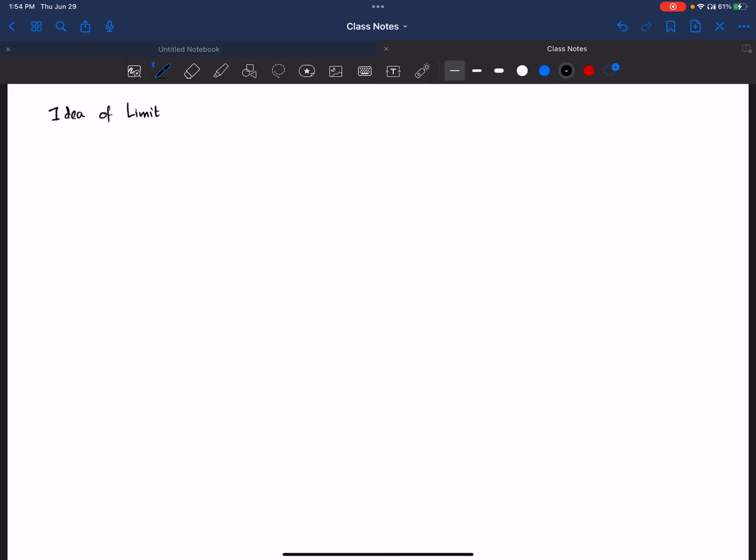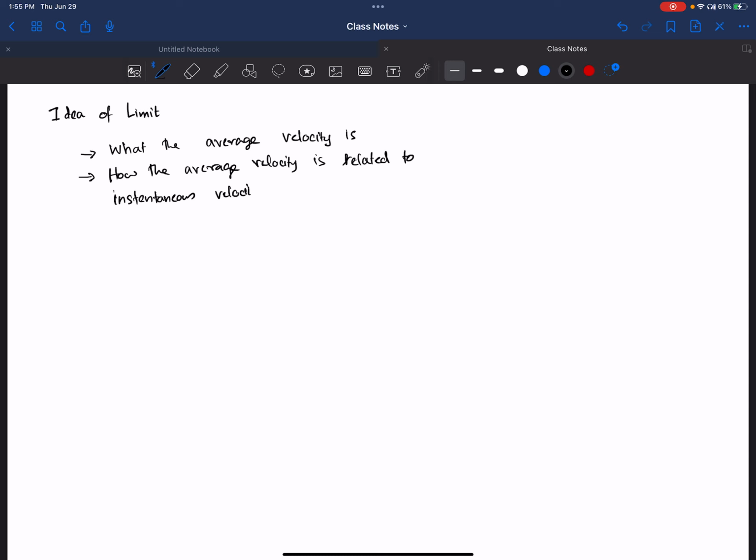So first we're gonna look at what the average velocity is, and we're going to look at how the average velocity is related to instantaneous velocity. We're going to look at this in terms of limit,